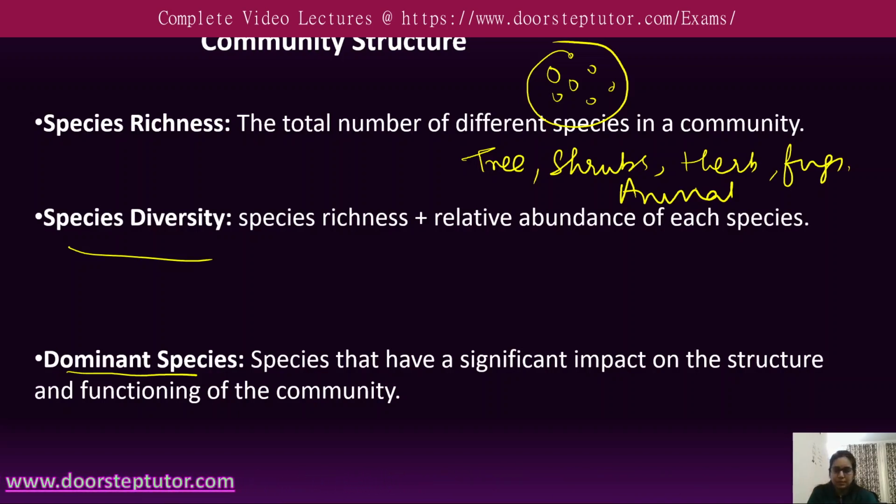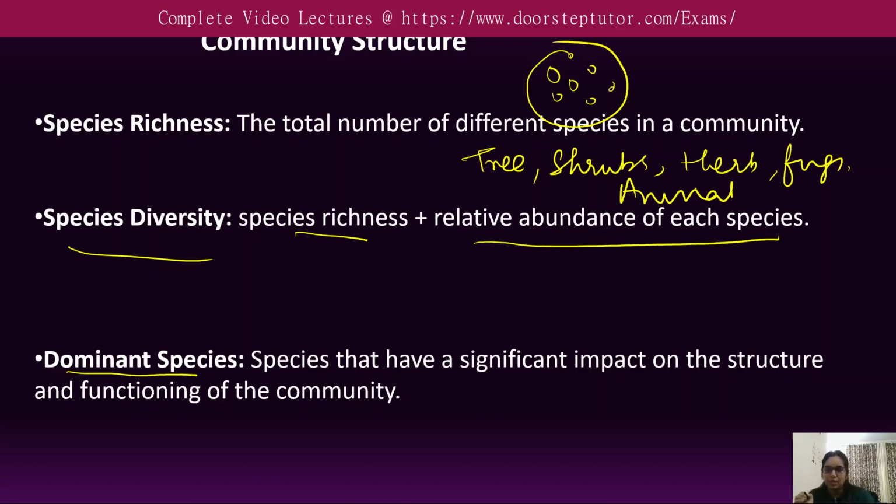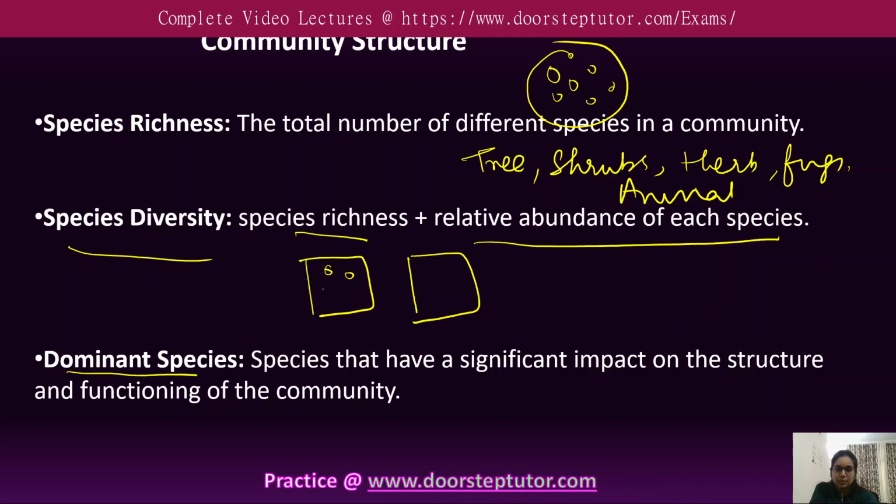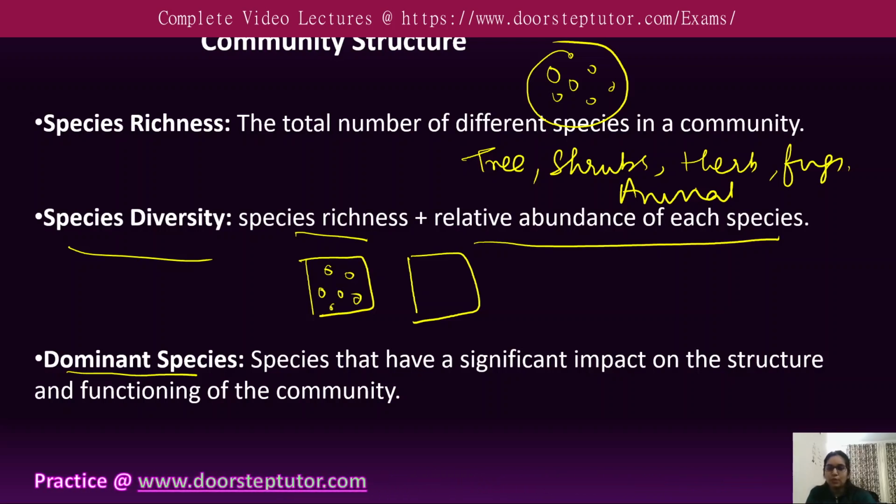Next is species diversity. Species diversity is a combination of species richness and the relative abundance of each species. It is a measure that combines the species richness with the relative abundance of each species within a community. For example, consider two communities with the same number of species. If one community has a more even distribution of the individuals among the species, then it would have the higher